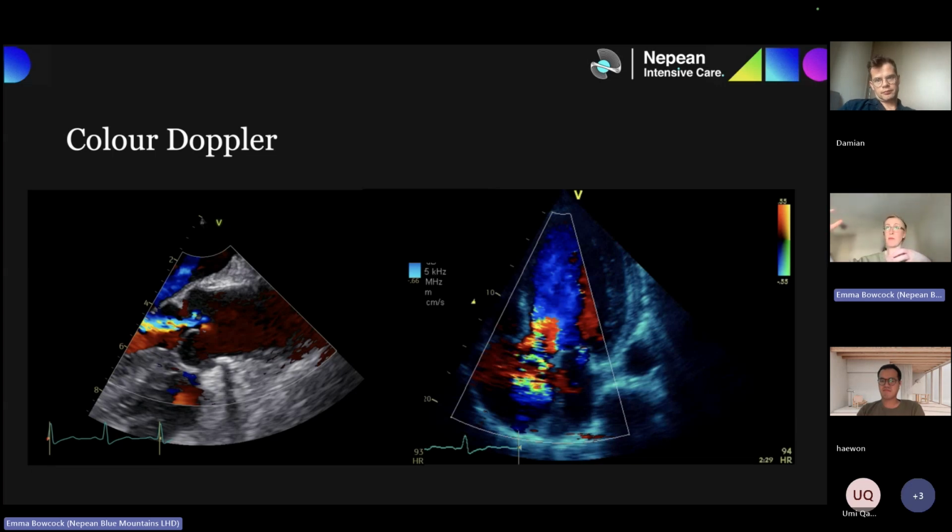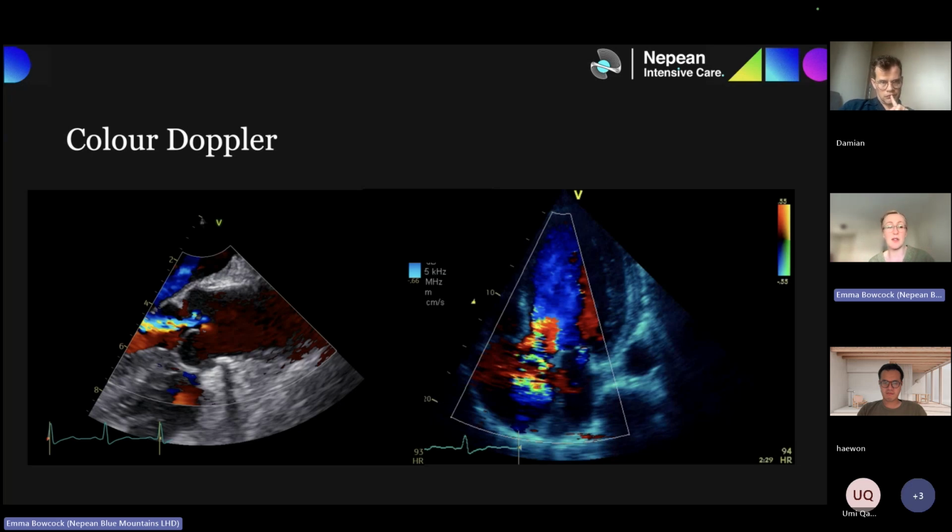So as you've got blood coming back towards that hole, you're going to get your PISA forming. Then all of those cells are going to accelerate where you've got the highest velocity, into a very narrow funnel, and they're speeding through that hole, and the narrowest portion of the jet is the vena contracta. It tends to be relatively flow independent. So as long as you can zoom in and be sure that you're getting a good vena contracta, I quite like vena contracta,